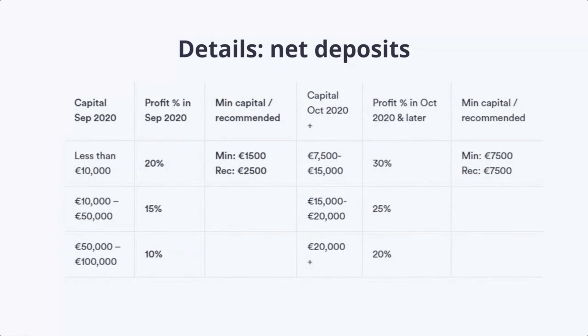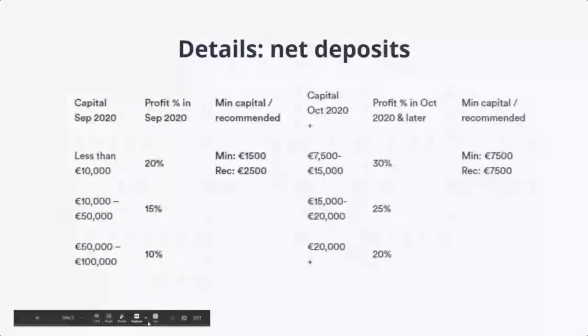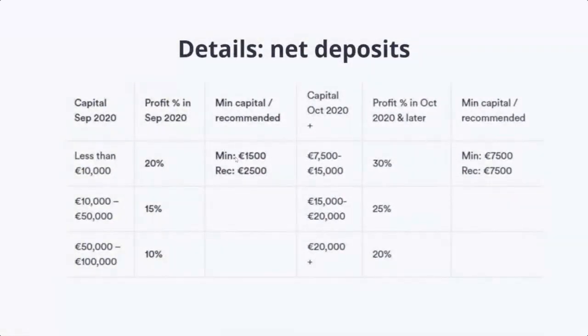So that's fine. Only if you were to withdraw more than your profit, then your net deposit goes down and you might go to a different category of percentage, if you see what I mean. Okay. Anyhow, it's a detail. Don't want to get stuck here too long about that, but here you can see clearly the percentages and the minimums for now and for next month and further.